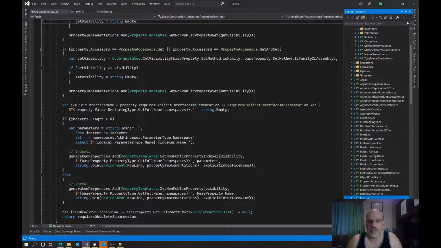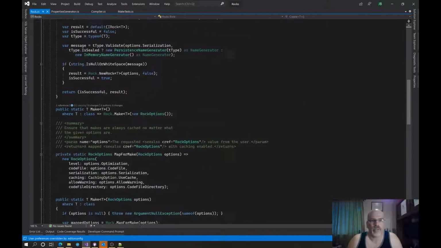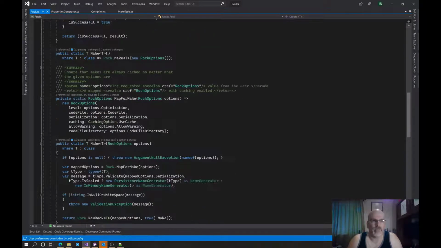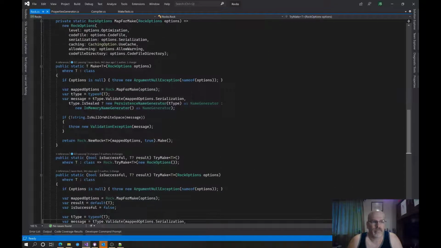So if I say here, because a make doesn't have a, it is just make. So we do rock options. The options is null. Map for make, validate. We do a rock, new rock,